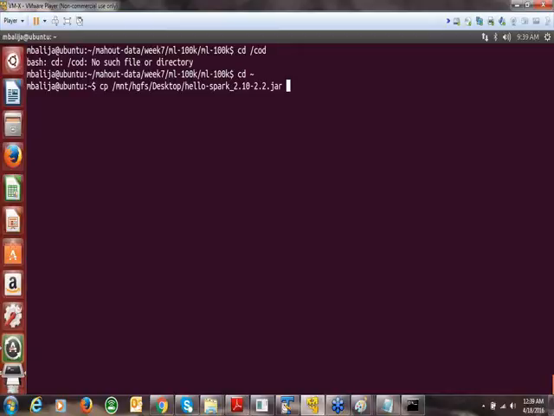Then hello spark 2.2. Okay, so now that I have got this jar file as well,